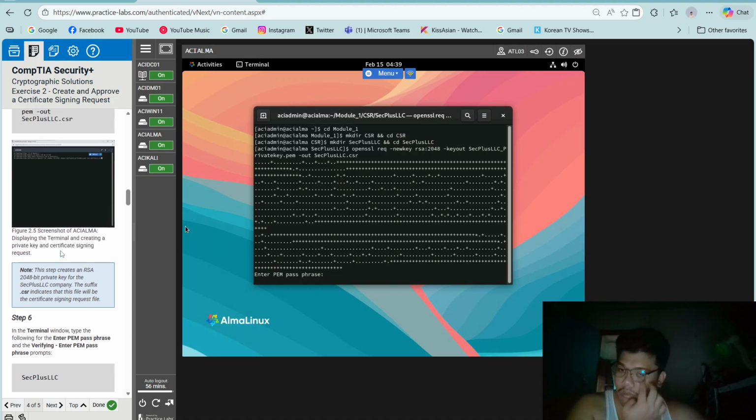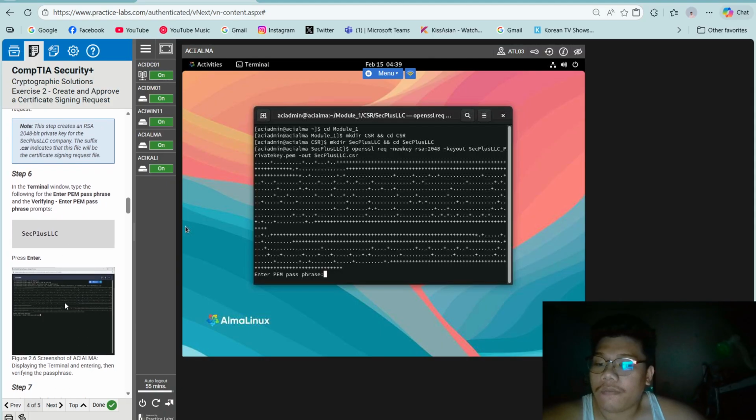So note, this step creates an RSA 2048-bit private key for the SecPlusLLC company. The suffix .csr indicates that the file will be the certificate signing request file.